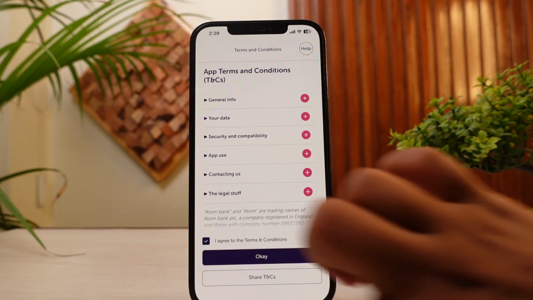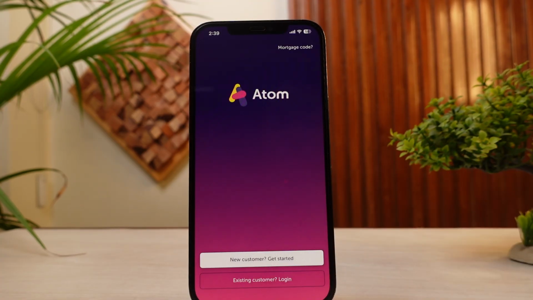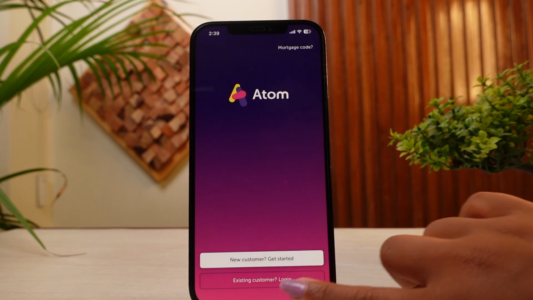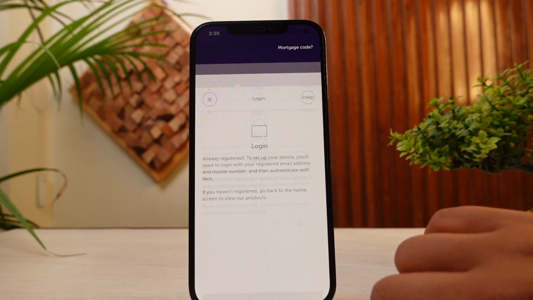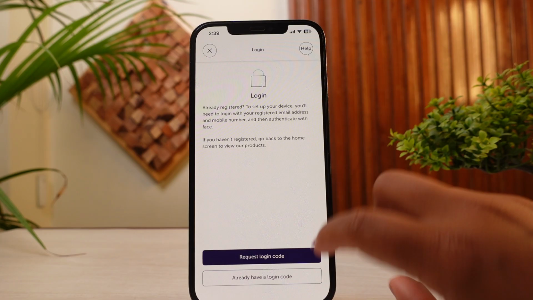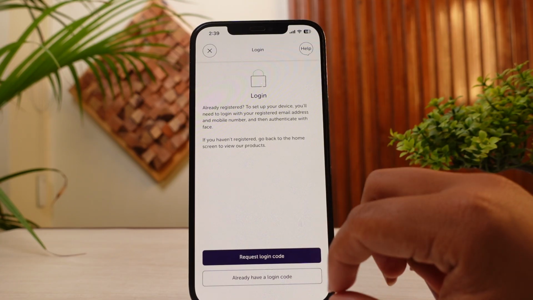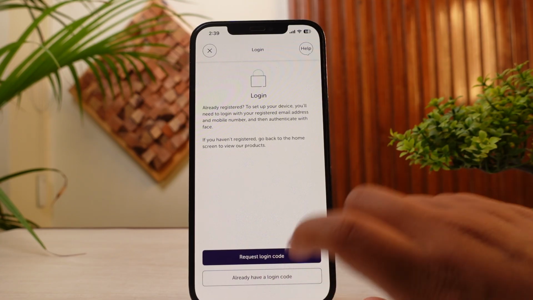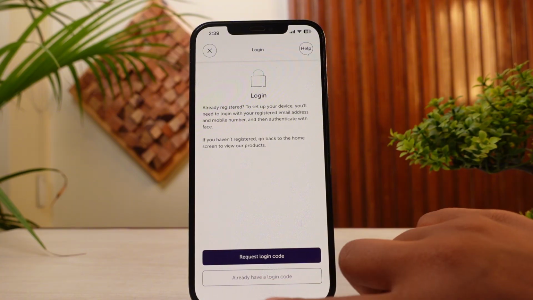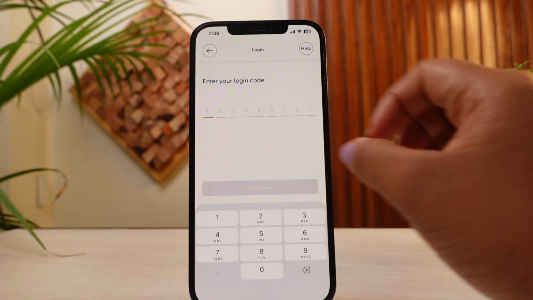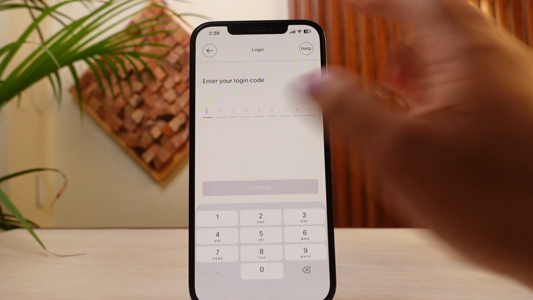All you need to do is first of all agree to all of the terms and conditions. Simply select that and tap on OK. Then you can tap on the option existing customer login, and then from there you can simply request a login code, or if you already have your login code, you can tap on the option I already have a login code and enter your login code, then tap on continue, and you'll be able to log into your